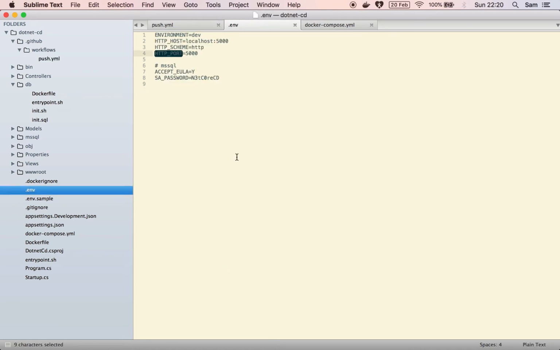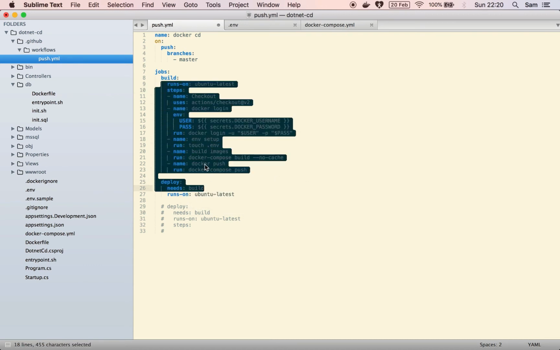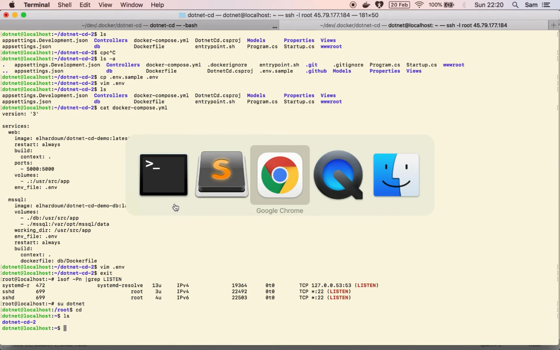We can just move to the next step, which is configuring the deploy job, which runs on Ubuntu latest. But this one actually needs that one to be a successful build. So we don't want to run this unless this build is successful. We have everything pushed up to our containers, and it's going to use steps. It's going to use SSH Action by